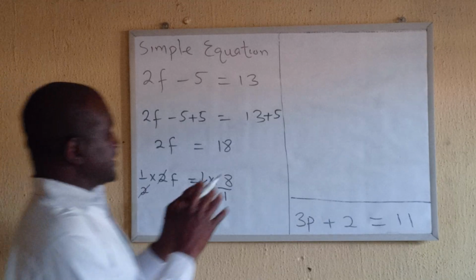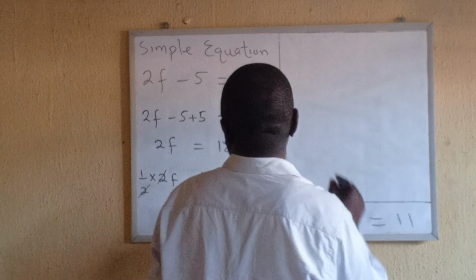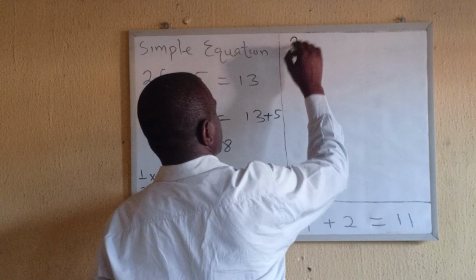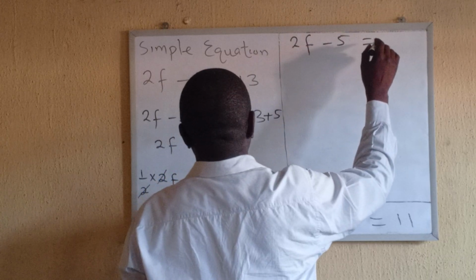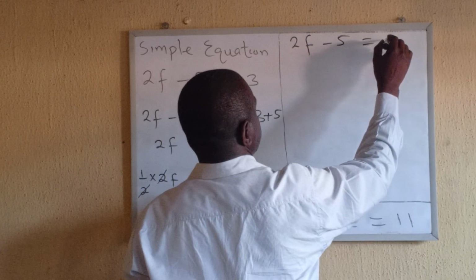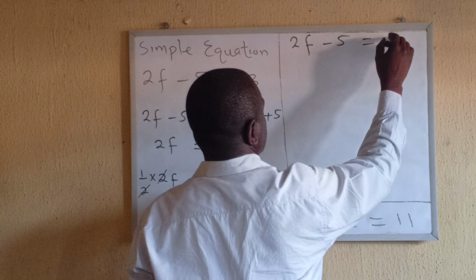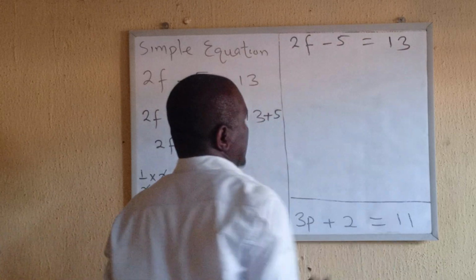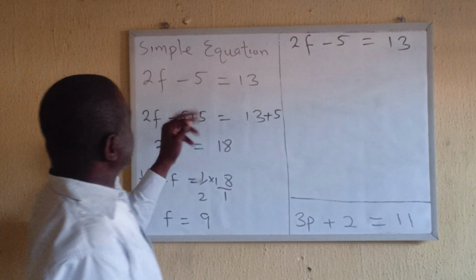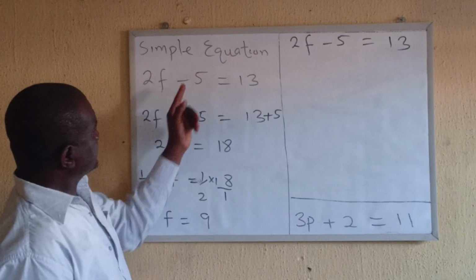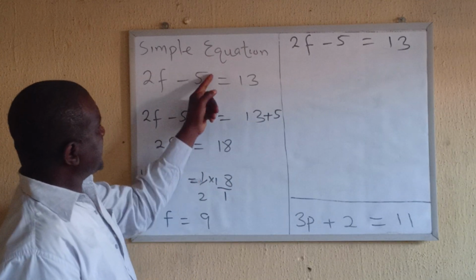Now, look at the other way that is a little bit easier. Mostly it is done because of speed in mathematics, it is preferable to do this method. Now look at it. In this other one, you should also know that if you look at it here, like this one that we did here, meaning that if this